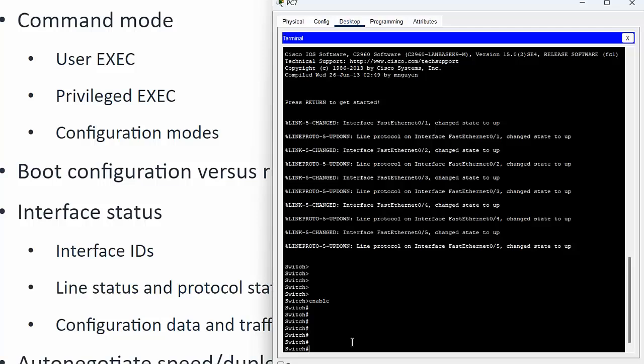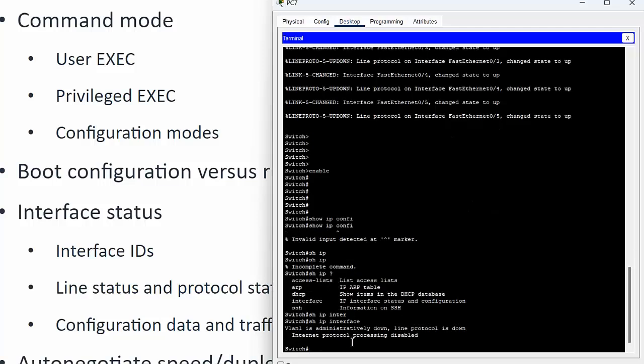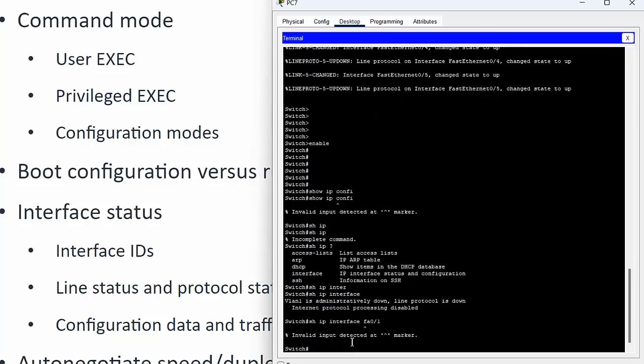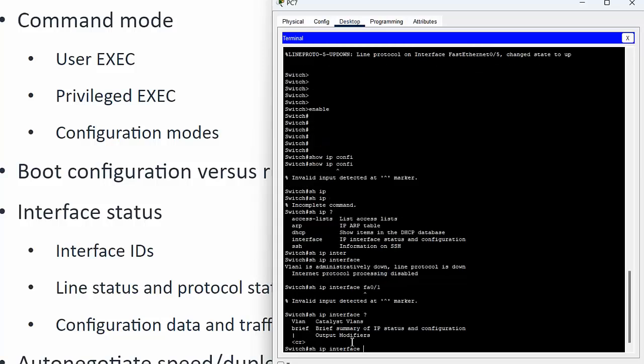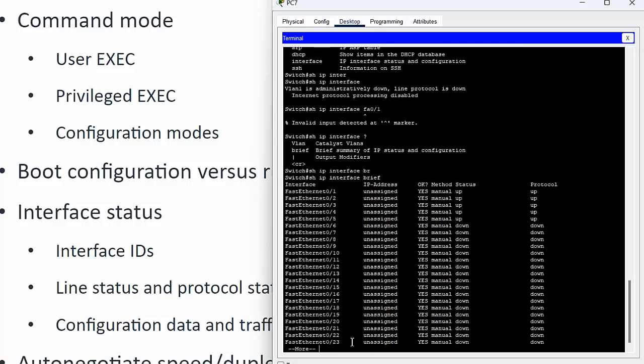This execution is done by any privileged user. If you want to run commands, here you can run show ip config or show ip interfaces, and here you can put the interface name like FA0/1 or something. Otherwise, if you want to know more, put a question mark to get information like brief.